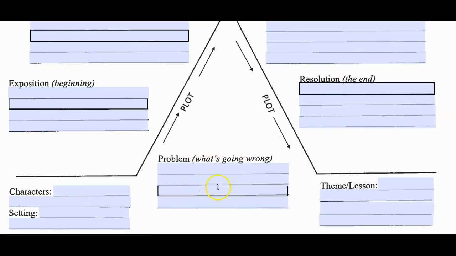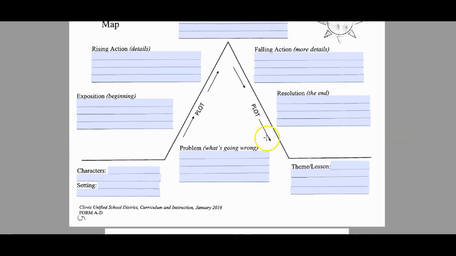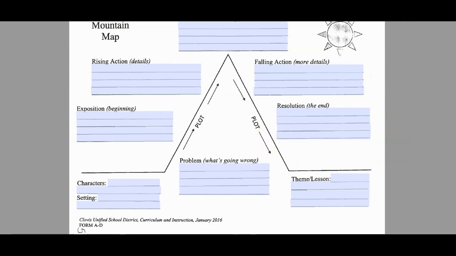Here, what's the problem in the story? Obviously, there's a hurricane coming, right? And you need to take shelter and get to a safe place, right? What was the lesson that your character, maybe one of your characters, learned in the story? So you're going to start filling this out today, okay? But first,